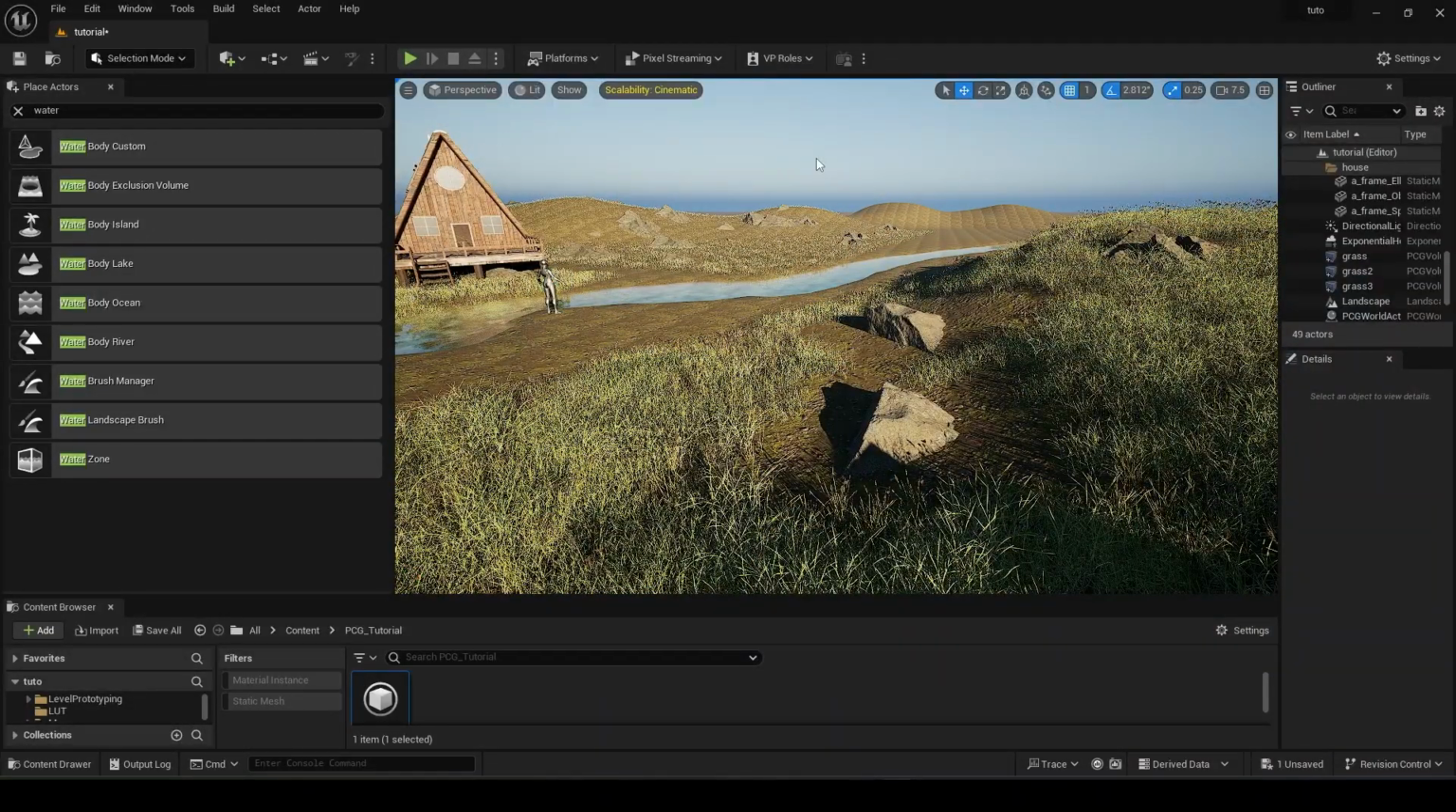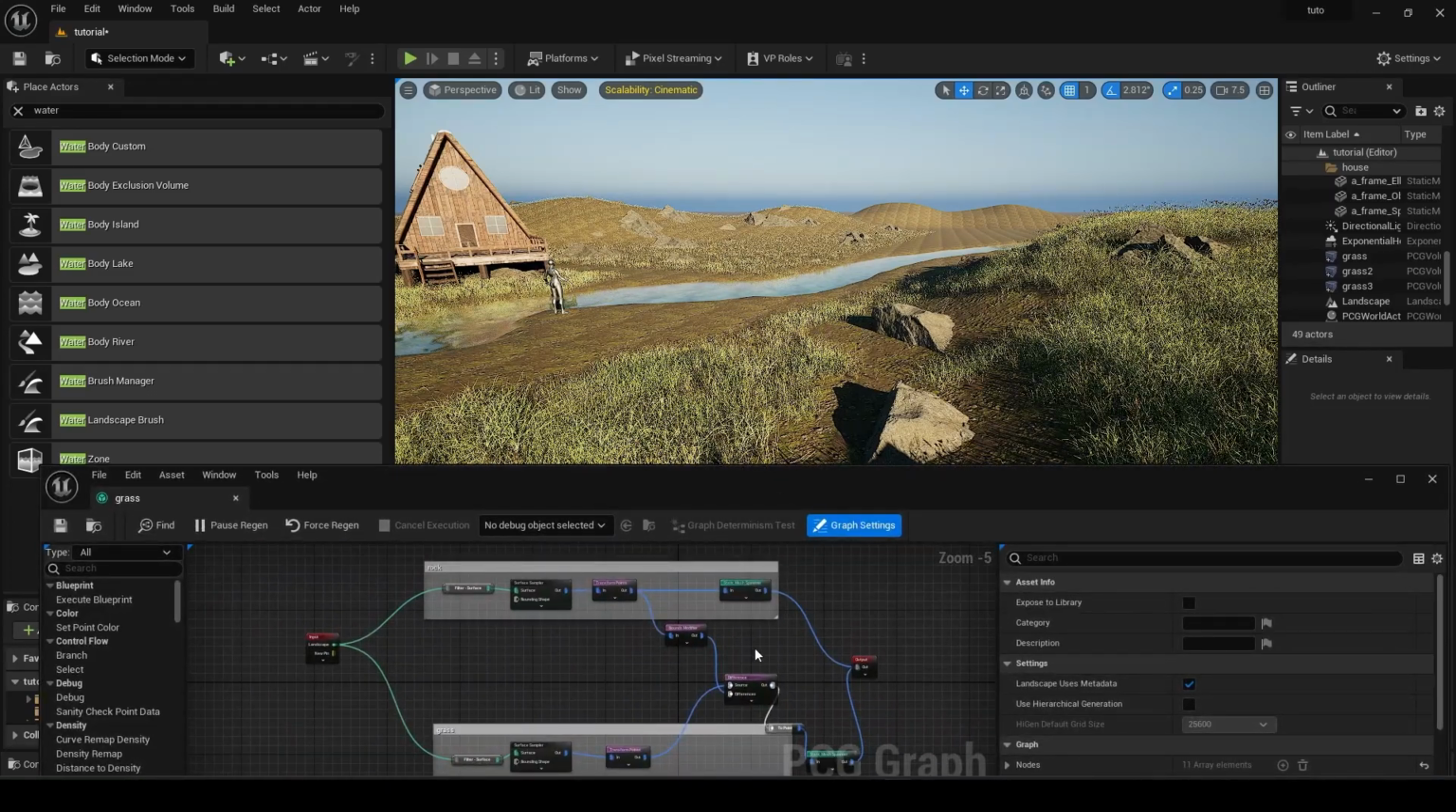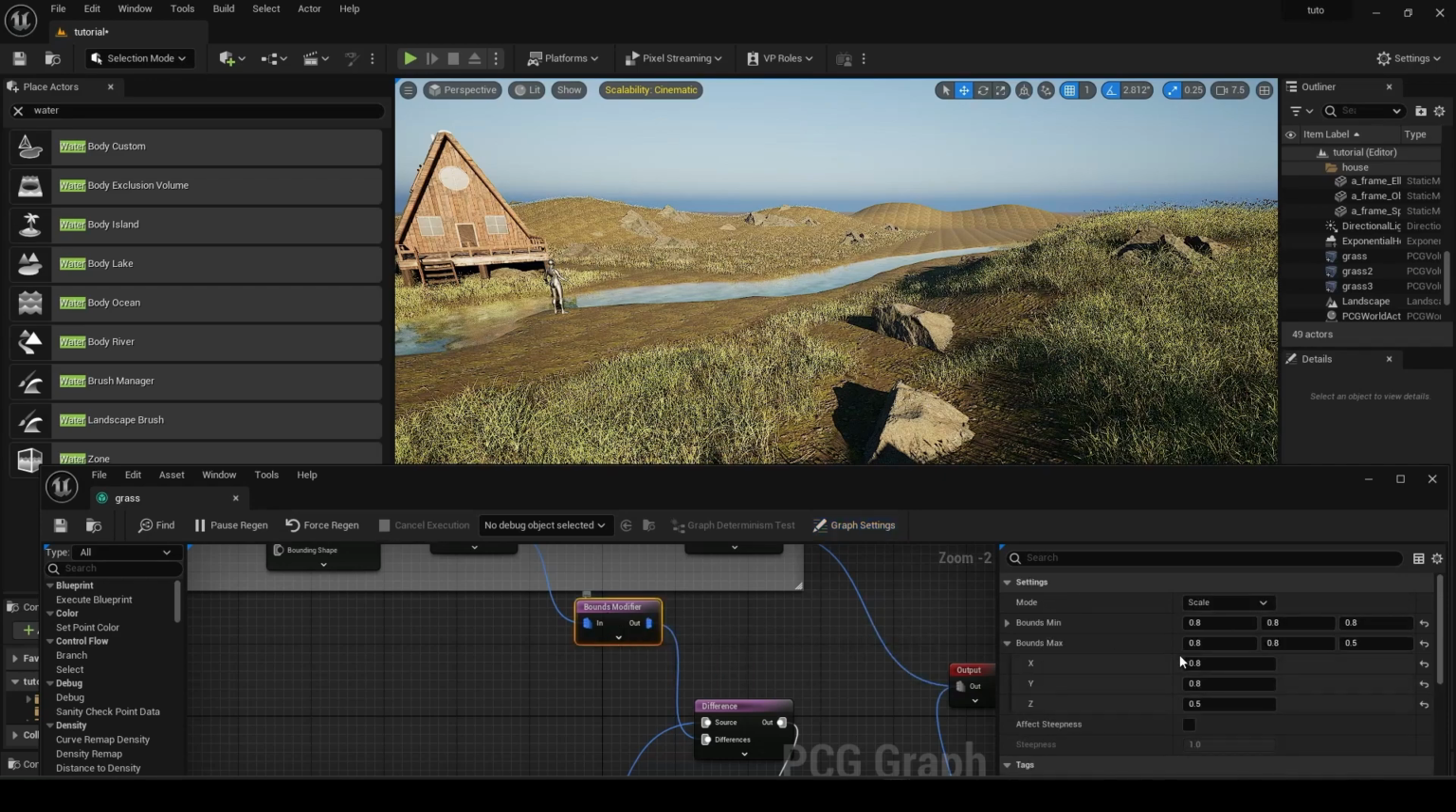Everywhere. If you want to cover these empty areas, you can change the value in the bound modifiers, guys. So don't worry about that. Like if I decrease the value to 0.2,